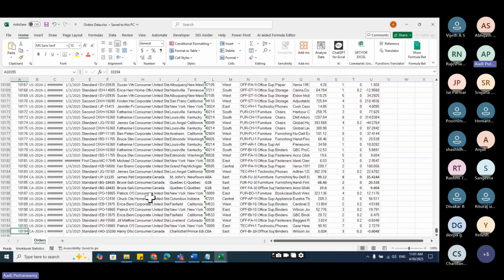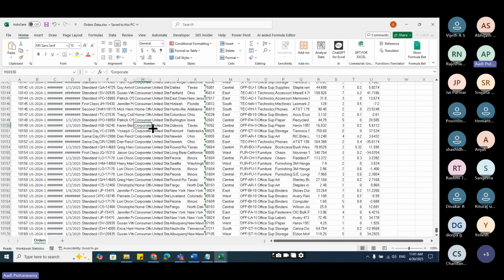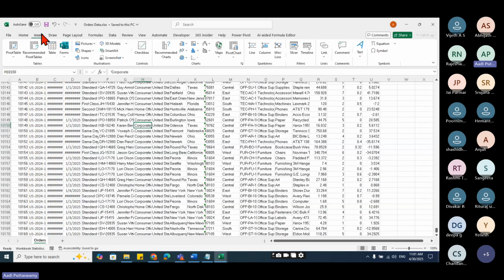So if you want to do that, how will you go and do it? If I don't know Excel or anything, it's difficult to work on that. But as analysts, we should know how to get the summarized data. How to create a pivot table? See, it is very simple. I'll keep my cursor anywhere in this particular data, go to Insert, and here I have the pivot table. Can you see this pivot table?